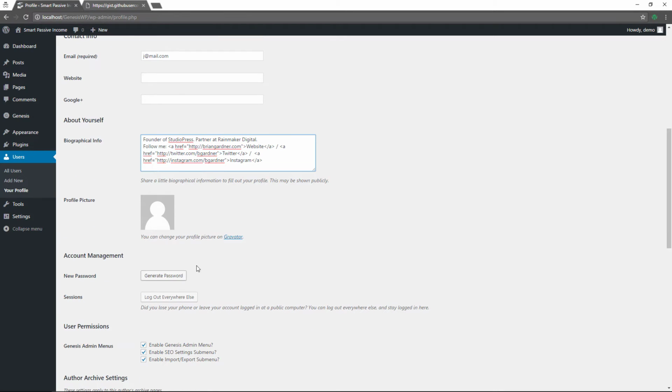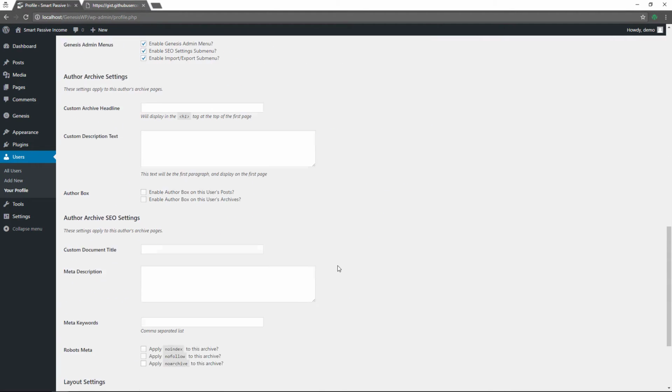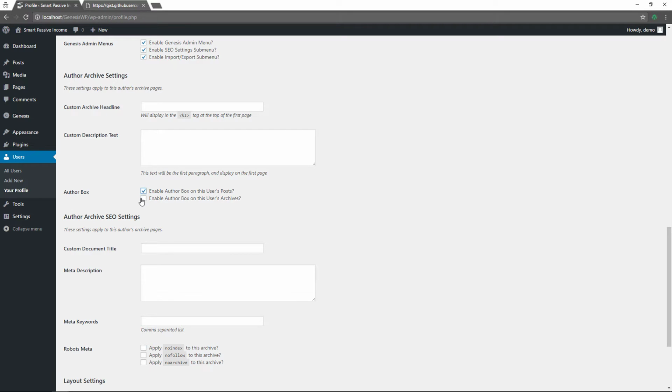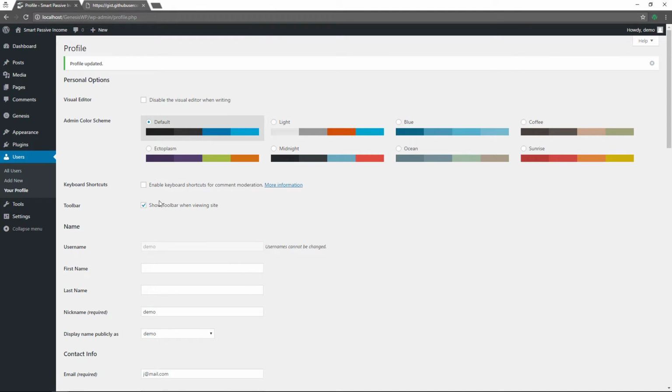For your profile picture, you do need to get a Gravatar account. Go to en.gravatar.com, and then you can upload an image there, and then it'll just feed itself into this section here. Then you're going to want to scroll down to this section here. You want to make sure that both of these are checked. Once you do that, scroll down, update the profile,